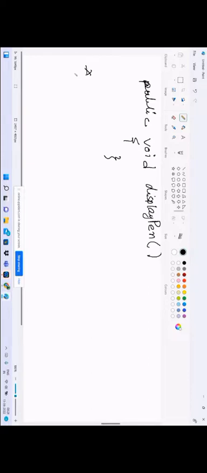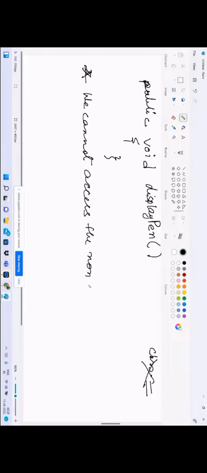So we cannot access a non-static method directly with the help of the class name. In static, we use the class name, dot, the variable name or the method name. But here we cannot use the method name with the class name. Not possible. It won't access. You can try it out. We cannot access the non-static method